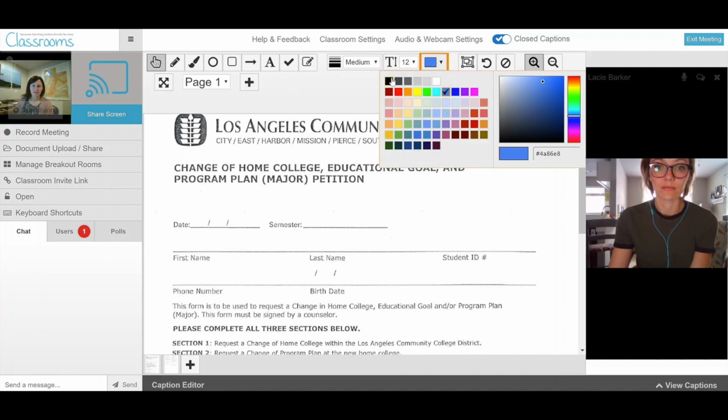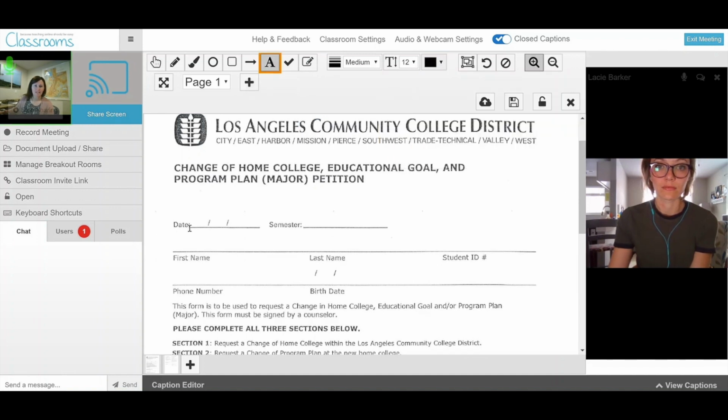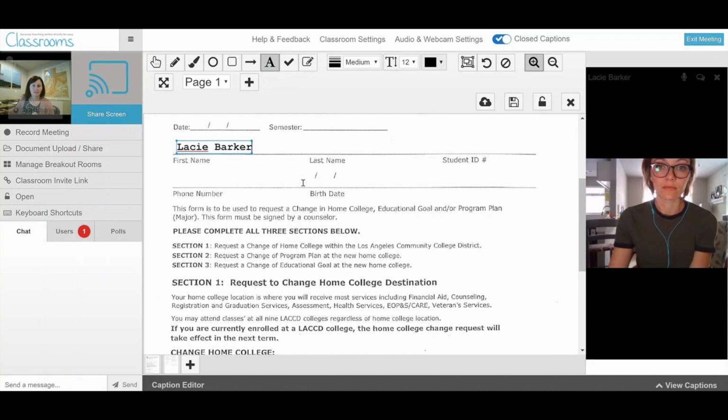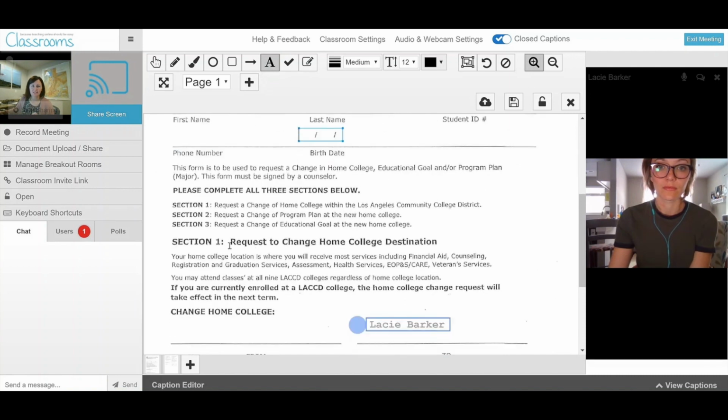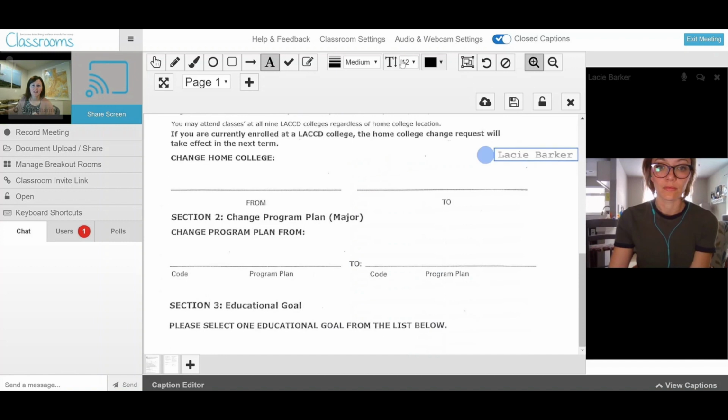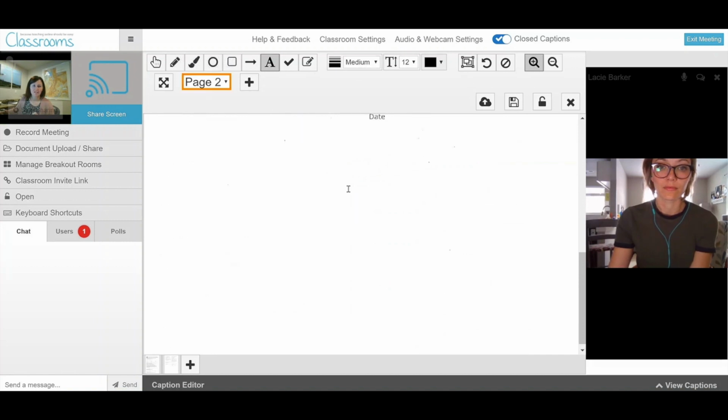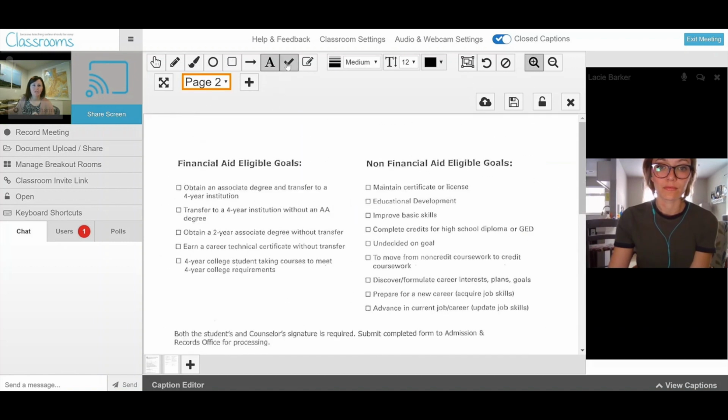I can change the color, for example, type using the text tool. Enter information, continue to complete. I can jump to additional pages. We do have a check mark tool, arrow tool, rectangle, and ellipse. We can also change the color and highlight using our highlighter tool,